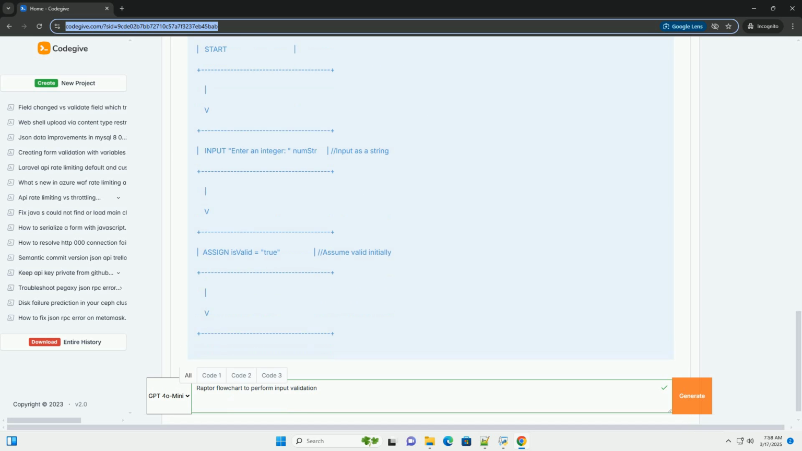Rely on string processing for input validation. 3. Checking for input within a range. Goal: ensure the user enters a number within a specified range, for example between 1 and 100. RAPTOR flowchart explanation: